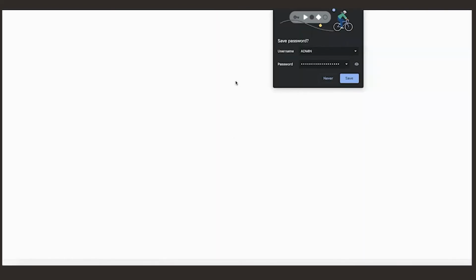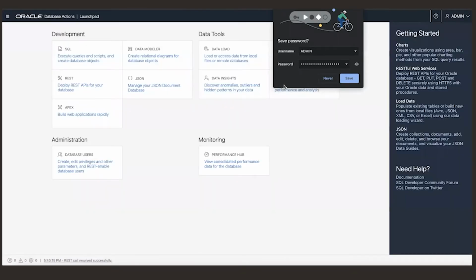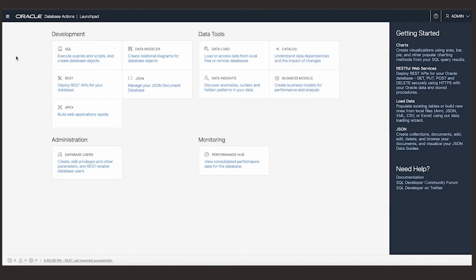This is basically the password that you specified previously when you were provisioning the database. Okay, so this is our Oracle REST Data Services page.